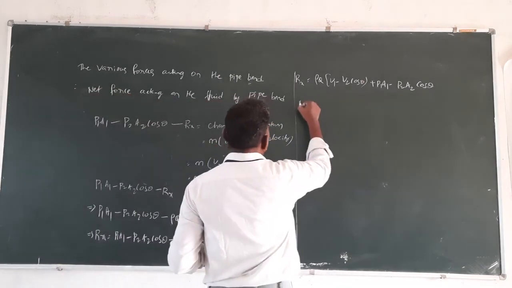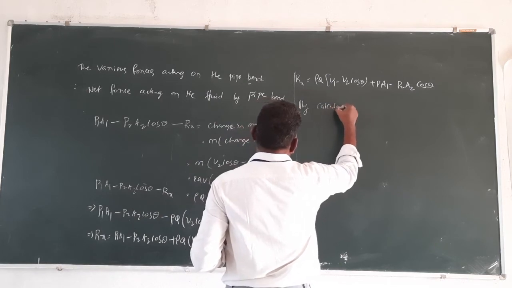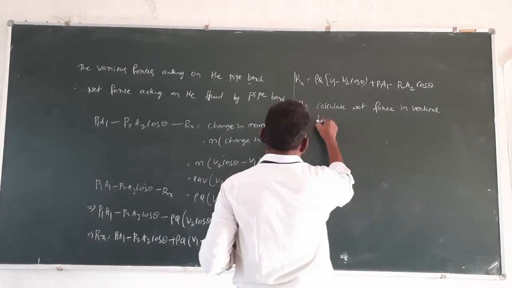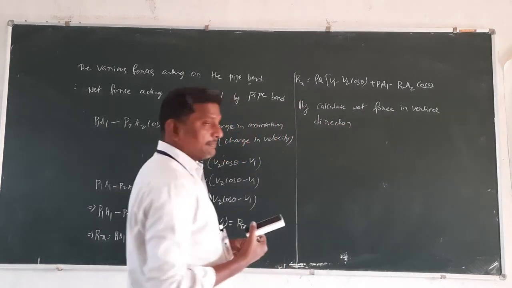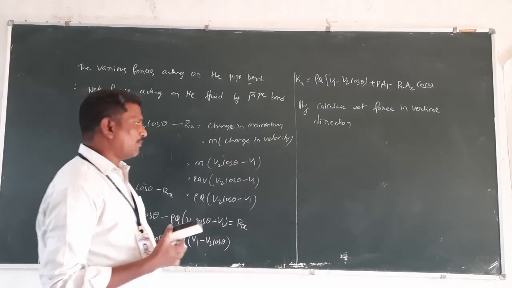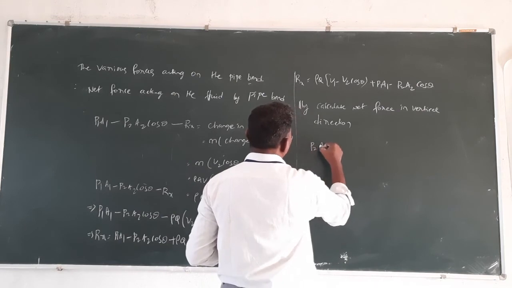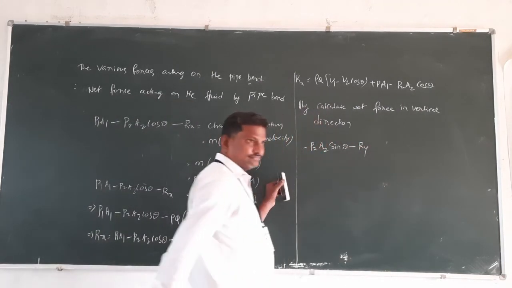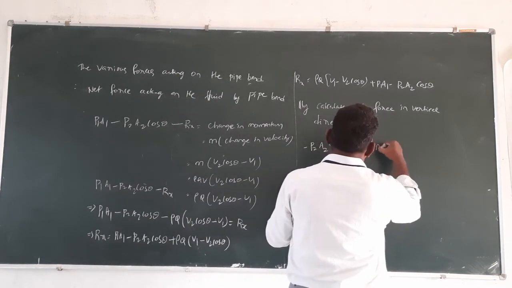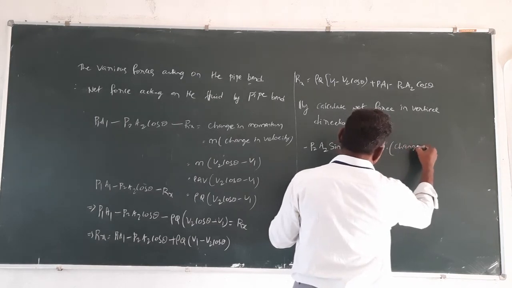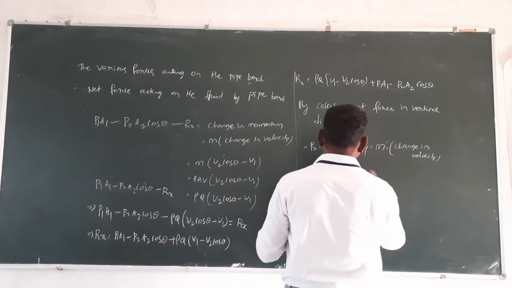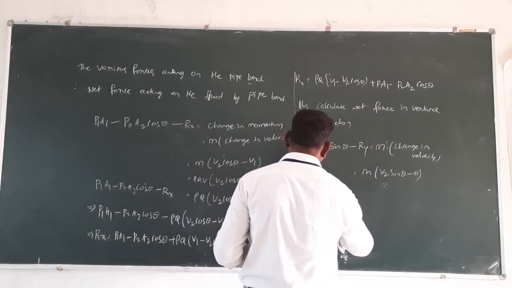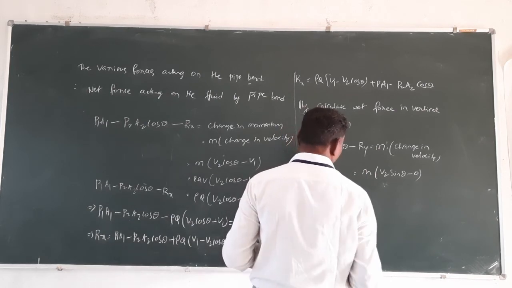Similarly, calculate the force in the vertical direction. At section 1, there is no vertical component. Only at section 2 we have P2 A2 sin theta. This is also minus. And Ry, the vertical component of the reaction, is equal to m into change in velocity. This is equal to m into (v2 sin theta minus 0), since v1 is equal to 0,